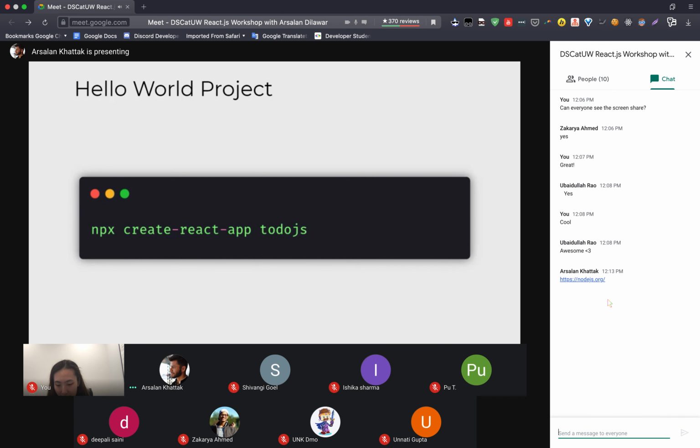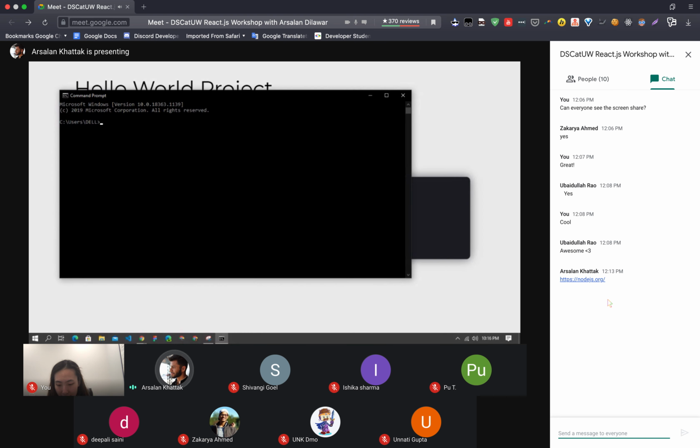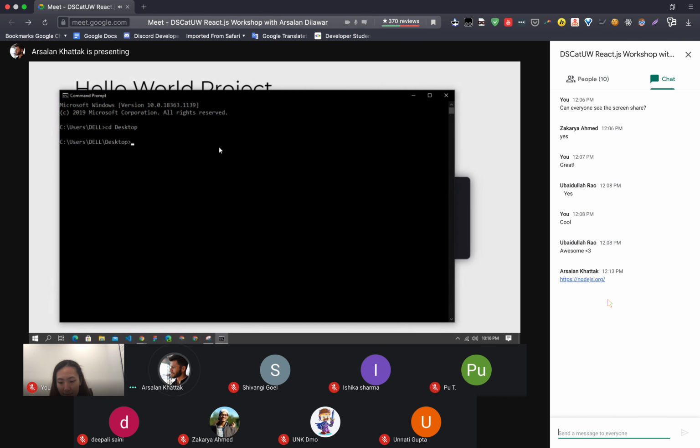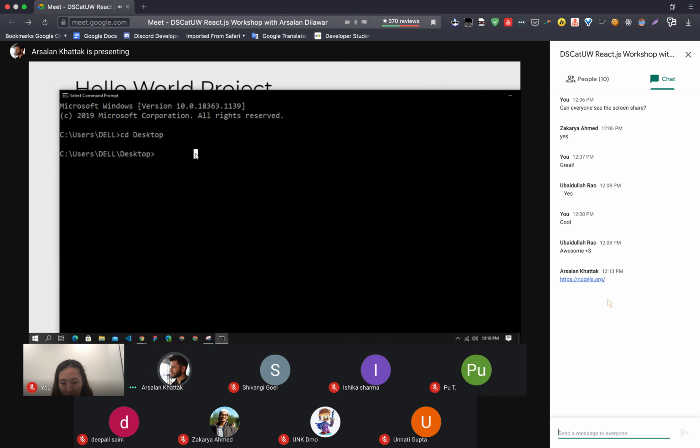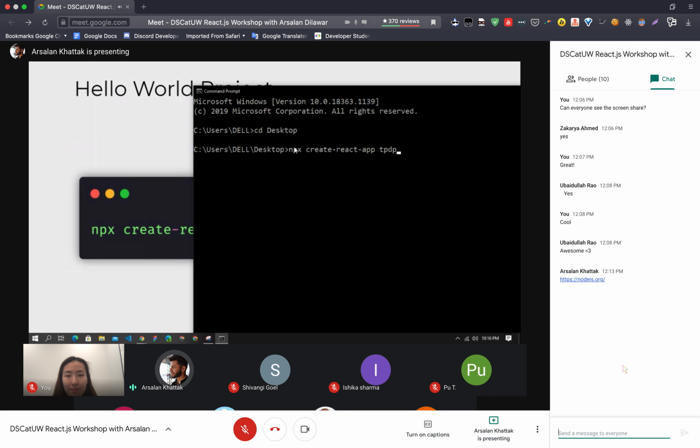So let's try to install this. Let me open my terminal and show you how we can do that. Let me zoom in on my screen. I am on my desktop, so what I need to do is type npx create-react-app and then the name.